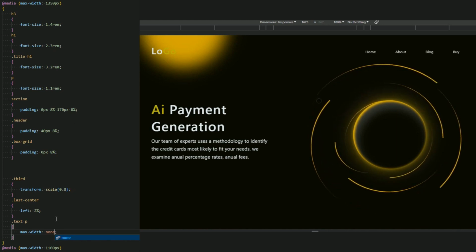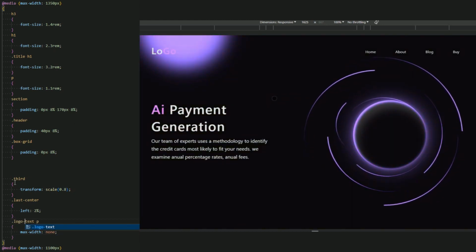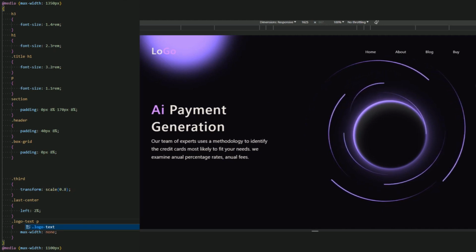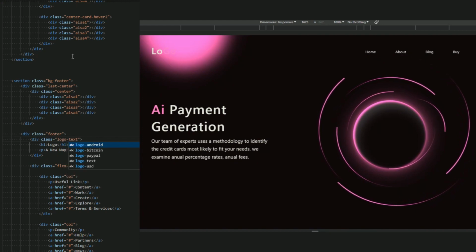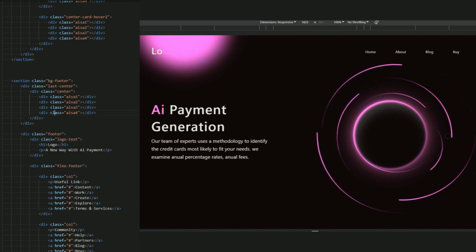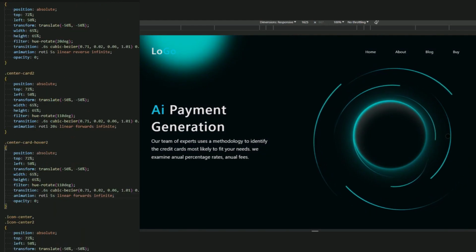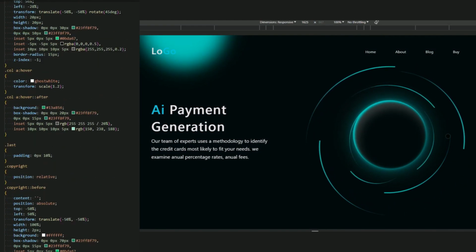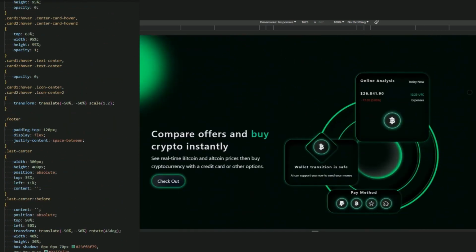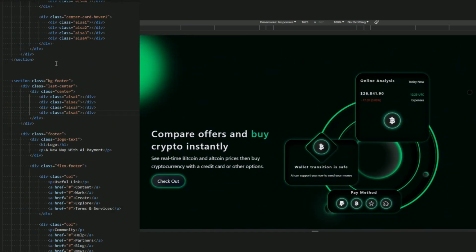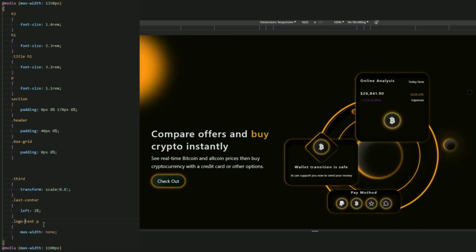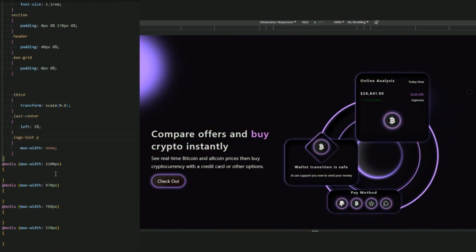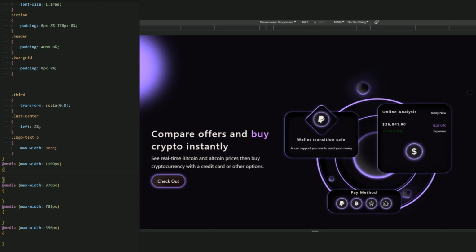Yeah, let me just name it a logo text, and in HTML, just like I said, in HTML, just let me add this a logo text instead of text to add a custom style. I'm sorry for this. And in CSS, let's go for the, oh, we didn't add any style of this. So yeah, just change this and this div name to be a logo text instead of text. To add this logo text P, add the max width none if we have any max width of 500.